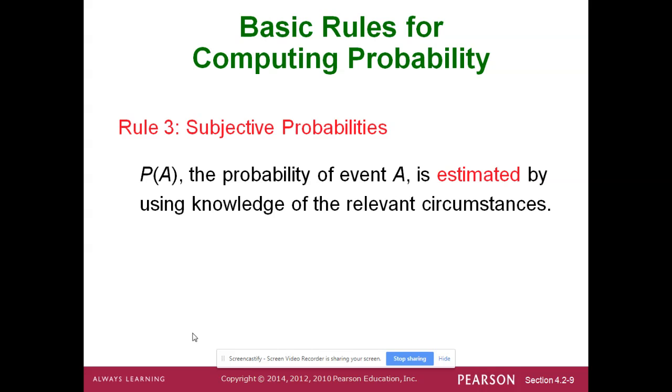Subjective probabilities are estimated by relevant circumstances. So we don't do this a whole lot. Rule 3 is not something we tend to do. We're going to spend most of our time dealing with Rule 2, about equally likely events happening, because those are much easier calculations and much more justifiable answers. That makes life a lot easier when things are justifiable, especially in a math class. Event A is estimated by relevant circumstances. It's very vague, but